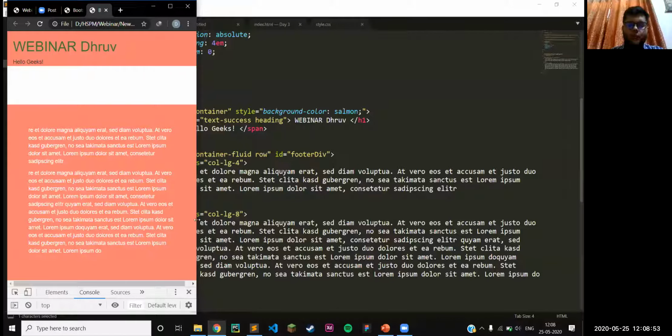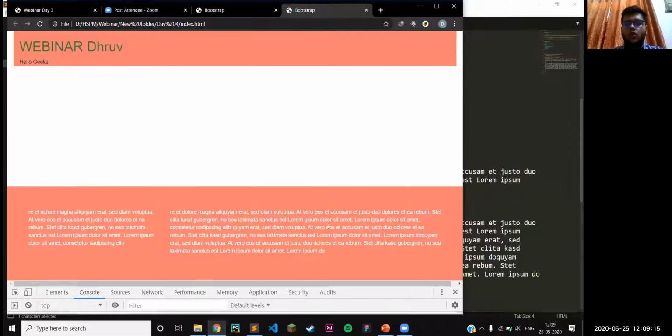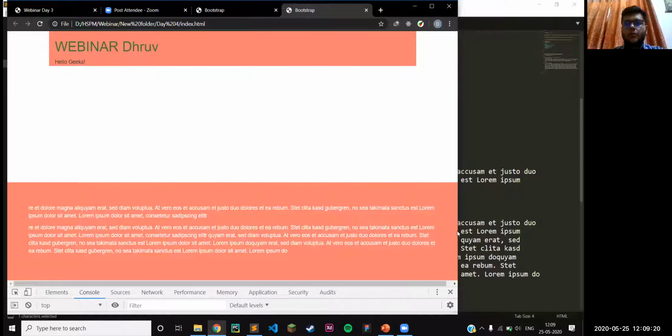So when we move this browser and make it wider, you will see that as soon as it crosses the threshold value, I think it's 1200, you will see that there are 2 columns made of it. So the code that we have used will be executed only when the browser width is more than 1200, because we have used LG here. Okay, so I think you'll understand the difference here.